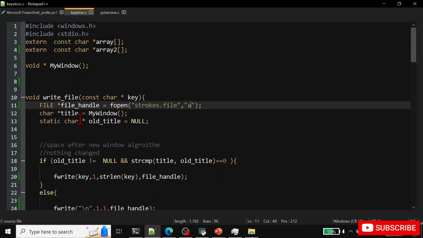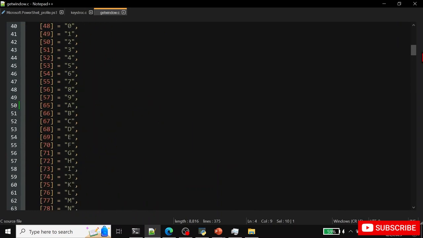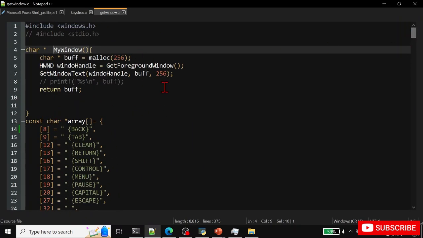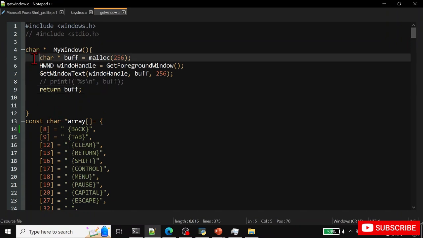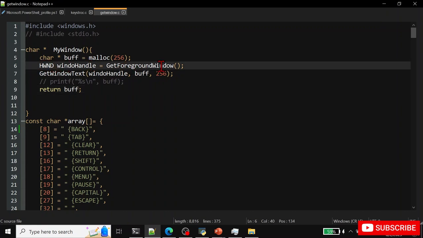And we're gonna create a character that calls this function. This function called my window, we specified in another file to make the program easy to read. Don't worry about this, I will tell you everything when it comes. My window, this is just a Windows API function. It just calls GetForegroundWindow. It just returns a variable of type handle. So we just call it,